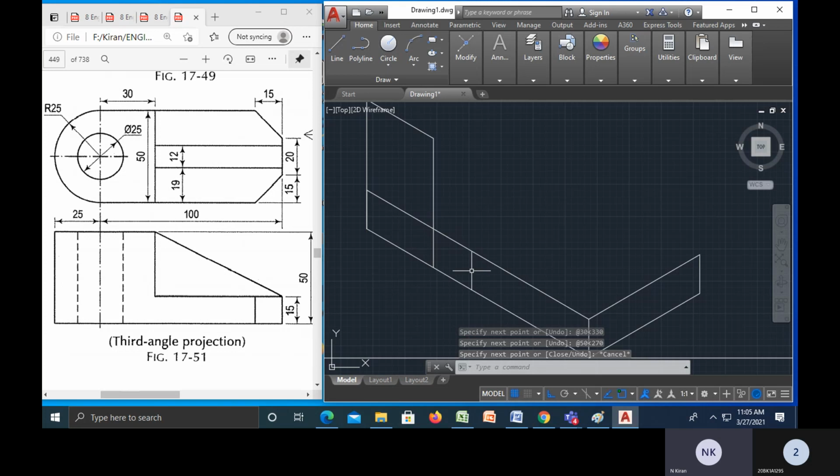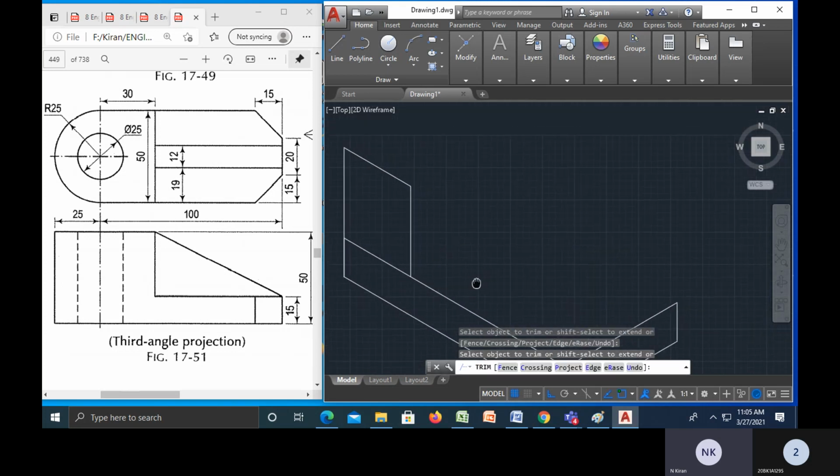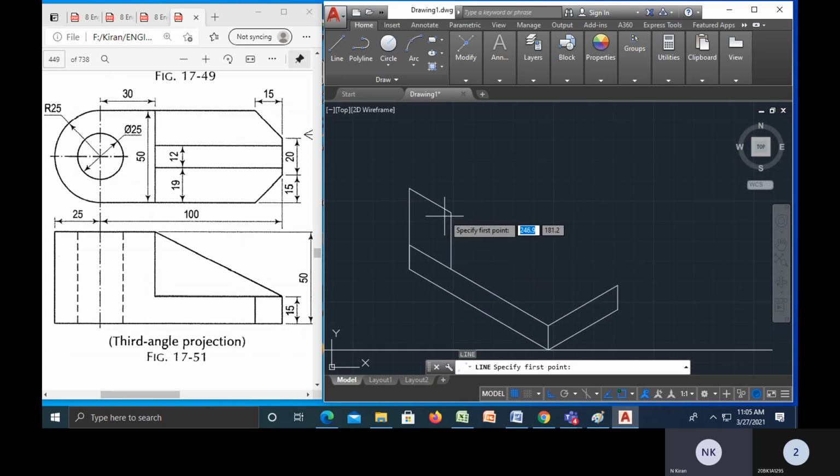As it has stuck at the bottom, TR double enter, I'll remove this one which I don't require. And from this point, what is the value? This one is your 50 mm. Okay, right. Again escape, L enter, from this point I will take L enter. What is the value? 50 mm, and shift at the rate, I have to take shift at the rate 50 mm